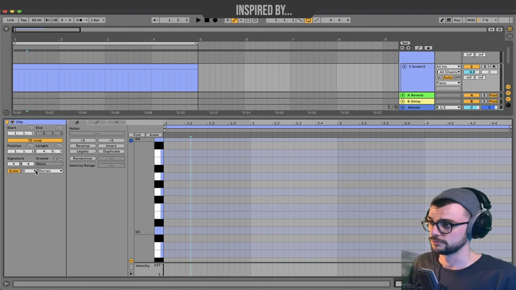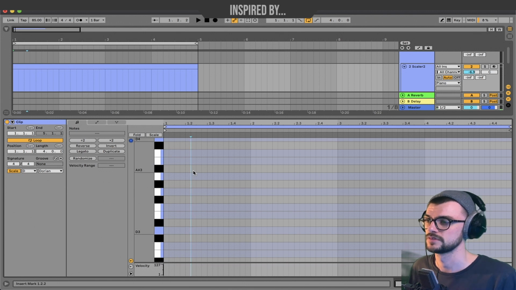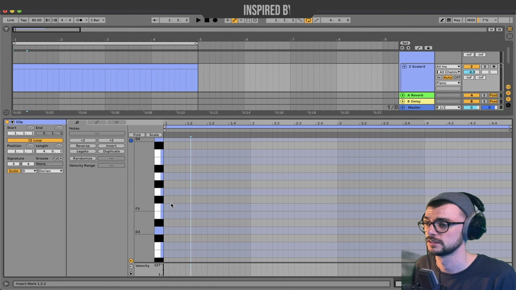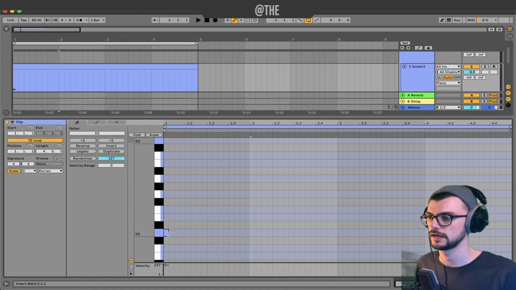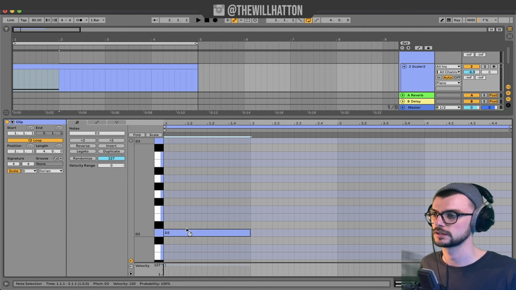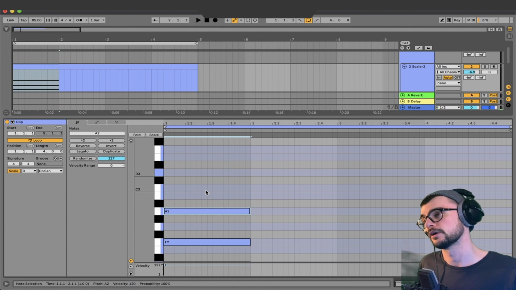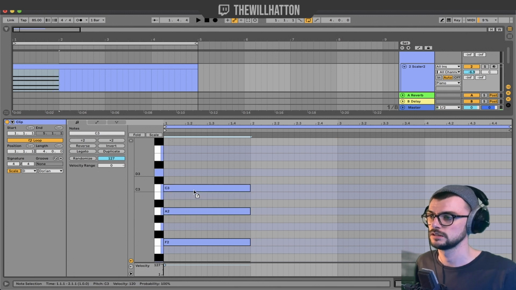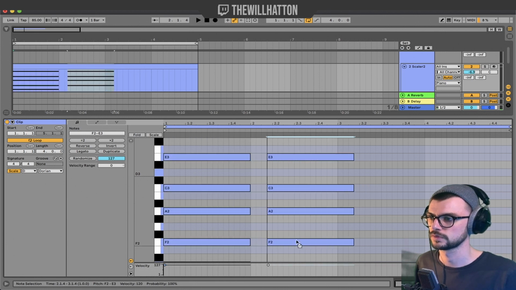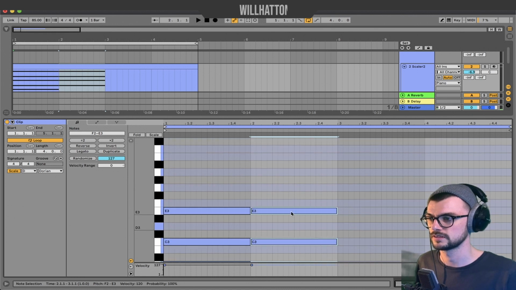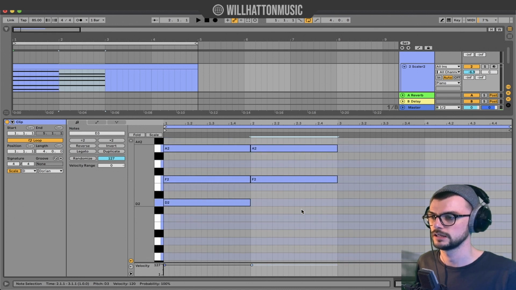But let's just create something in this D Dorian scale, something slightly jazzy for lo-fi beats. So I'm going to start with this D here. I'm just going to draw it out to that second margin here. I'm going to hold Alt and drag this up to the F and this up to the A, and then I'm going to go to C and E3 here, and I'm going to copy that out, so Alt and drag that out. And with this one I'm going to keep these chords the same, but I'm just going to drag this down to D3 and also add